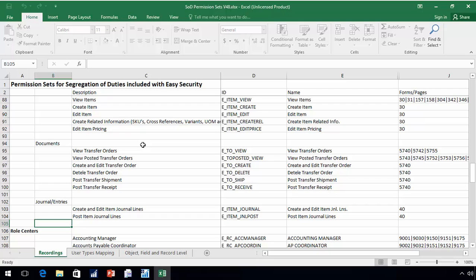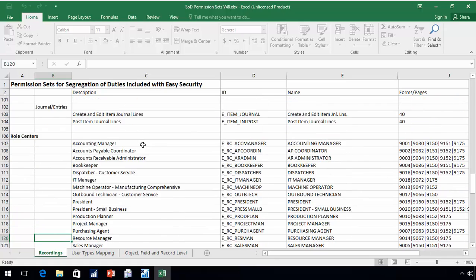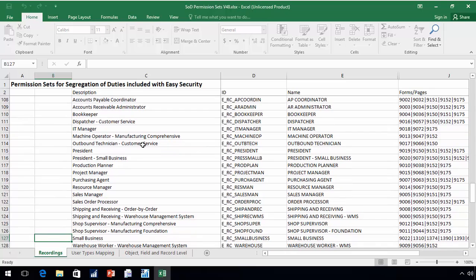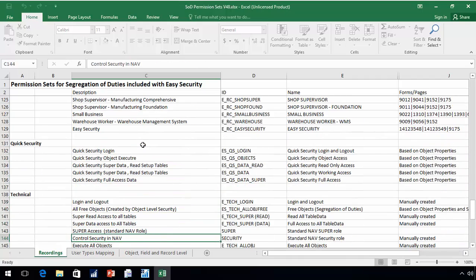So in that way, it could both be for manufacturing, but it could also be for a completely custom application that is built for them. We have also created permission sets for role centers, and these ones would allow you to click on the menu items in the role center and see the data. It wouldn't allow you to edit a customer because that is a task, but it will allow you to see information in there. And then you have to get into the system,